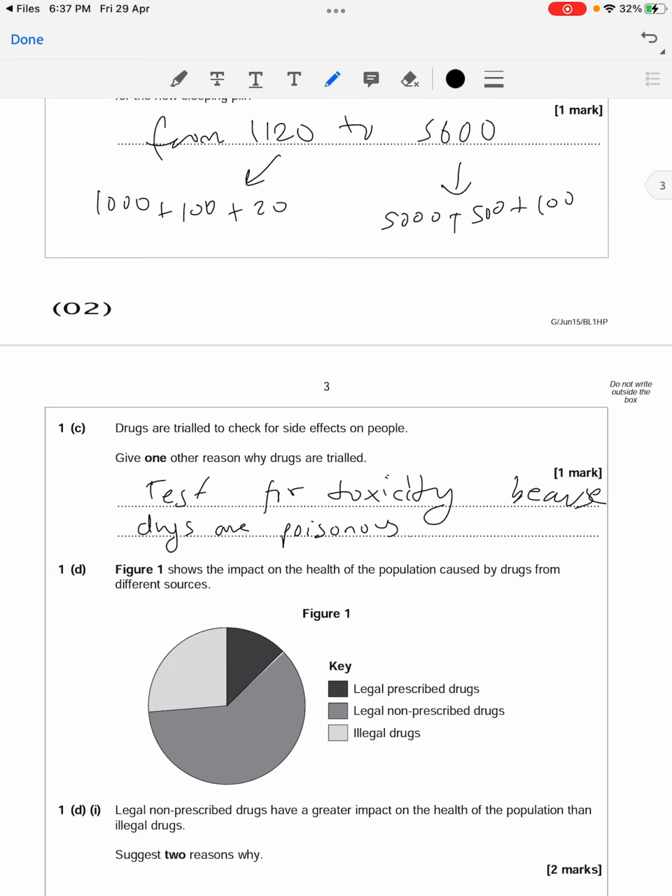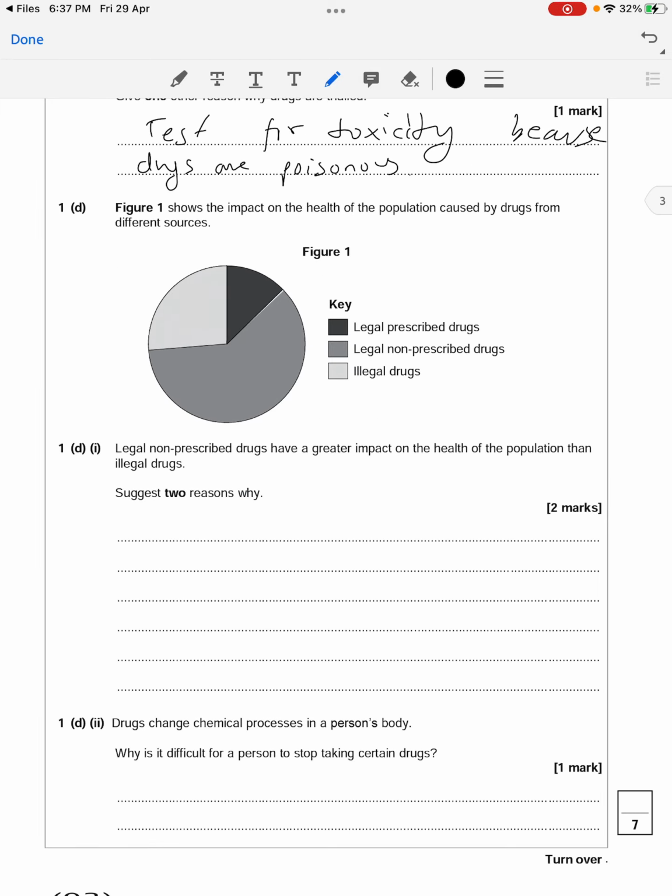Figure 1 shows the impact on the health of the population caused by drugs from different sources. Legal non-prescribed drugs have a greater impact on the health of the population than illegal drugs. Suggest 2 reasons why. Our first reason should be understanding this pie chart. It shows us the impact on the health of the population caused by drugs. As we can see, a major chunk goes to the legal non-prescribed drugs, a medium shade color. So this has a greater impact